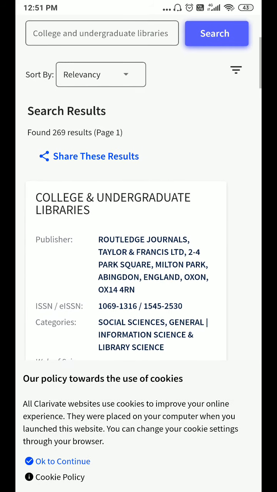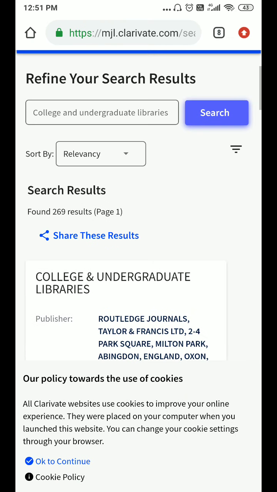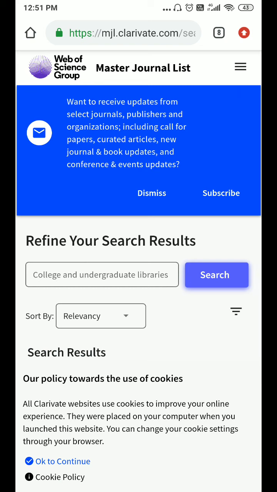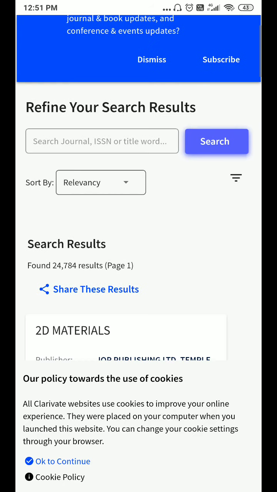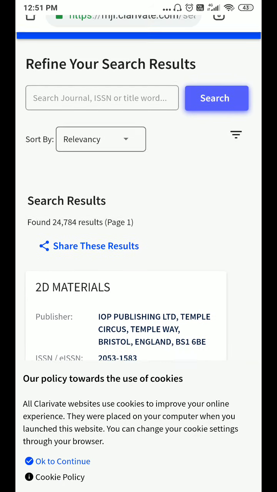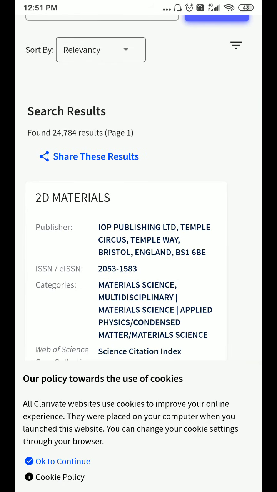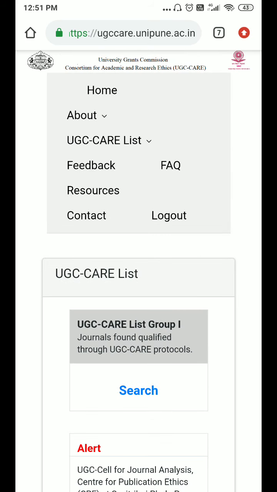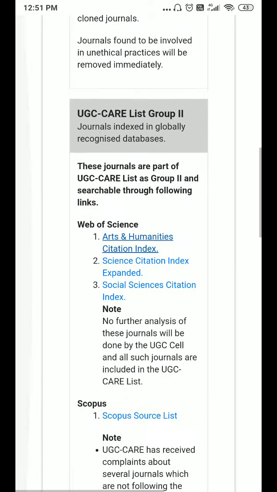This journal is also indexed by Web of Science. So it is clear that it is in group 2 of UGC CARE listed journals. So we can publish in these kinds of journals by searching through the UGC CARE list, group 1 and